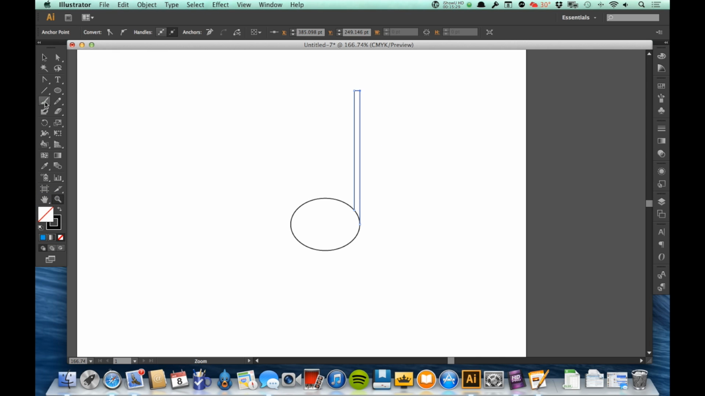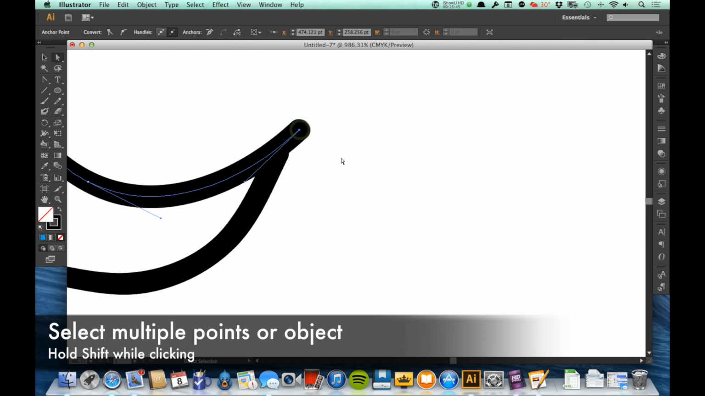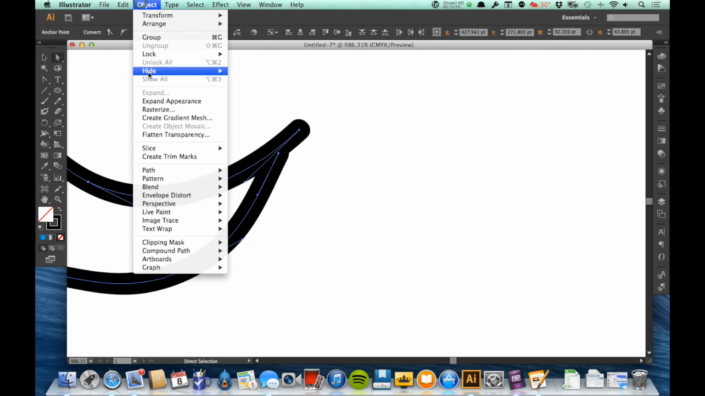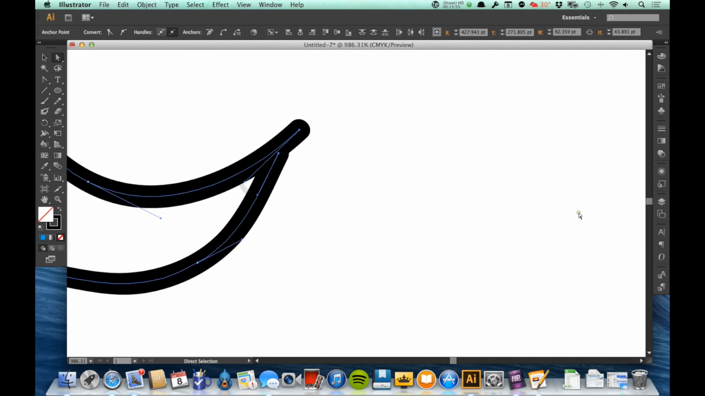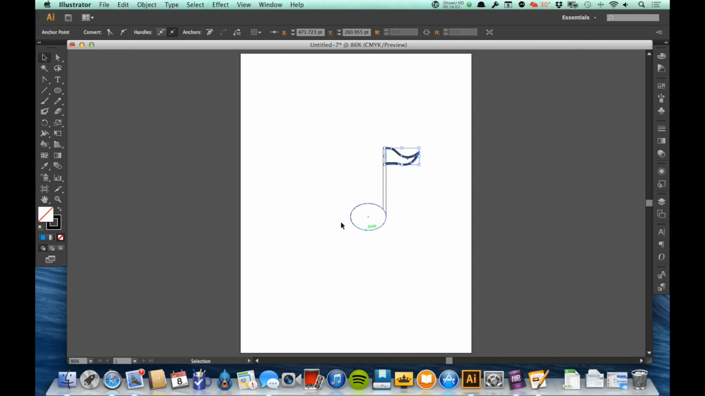And I'm going to go to my brush tool, and I'm just going to draw something like that. Zoom in on this. Now, if I don't want to click and drag for selecting, I can hold down Shift. So I'm going to click that point, then hold Shift and click that point so they're both selected. Then I'm going to go to Object, Path, and Average. Average those so they're on the same point, and then Command J to join them. And so now I have this